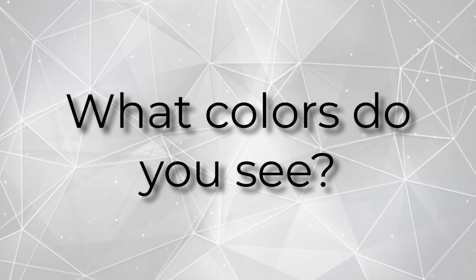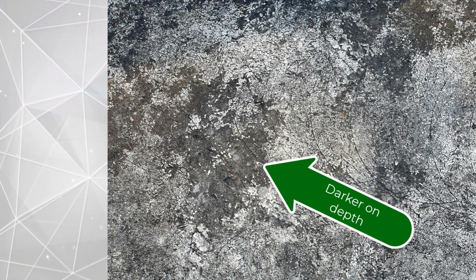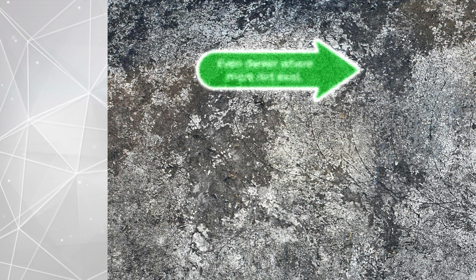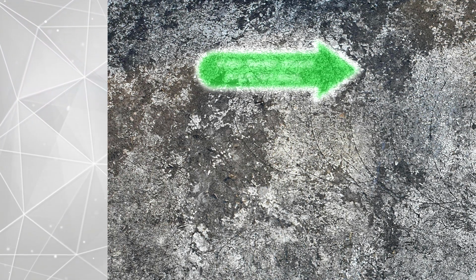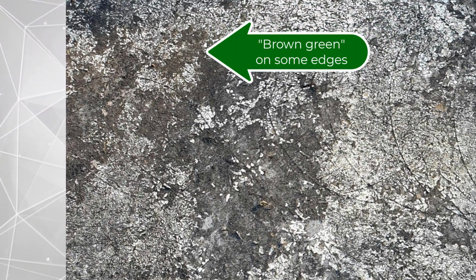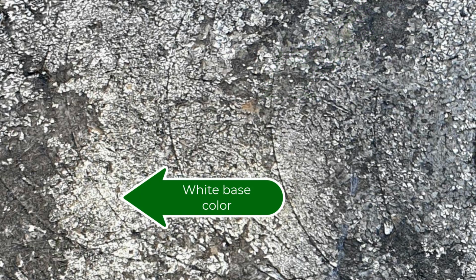So if we go back to our concrete photo, what colors can you see here? We have a lot of colors, as you can see, but some naturally darker in depth, of course. I think it's like white paint at the top, and it's even darker in some spots, more like blue or something like that. And on other spots it's brown, green, and that's more on the edges, but they are in there. And some random color for some reason could be good to have in the texture to get it more